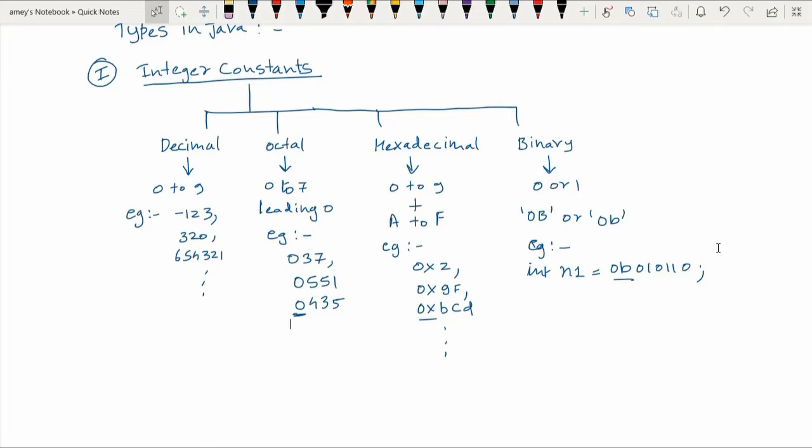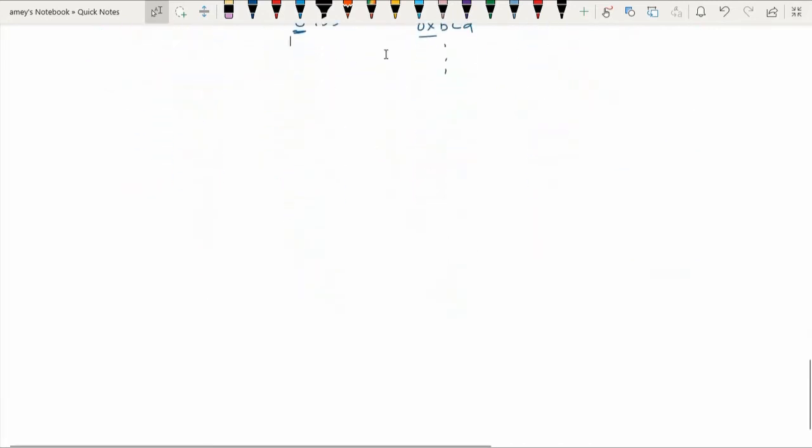Also please note that in Java, for numeric literals, this is a special capability. Suppose you have a large integer number. To enhance the readability of such a large integer number, you can use an underscore in between.